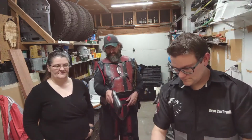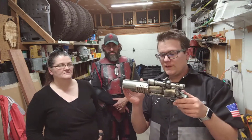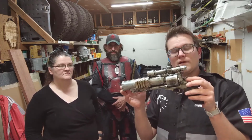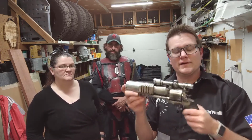The other option that you can do is a kind of scratch build as well. This is another large handgun, but this is made from a toy pistol that I found online. A bunch of PVC, and then as always, greeblies that give it a little bit of depth and detail. As we mentioned with